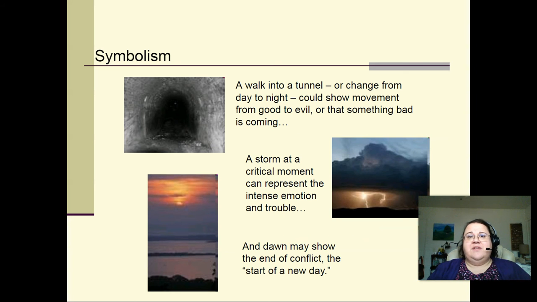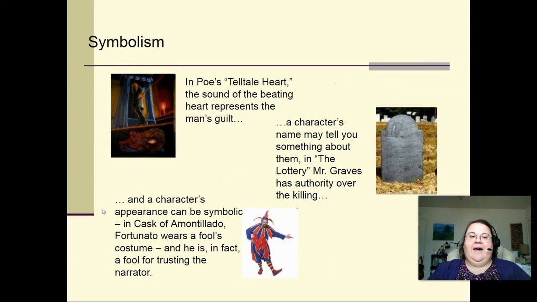Walking through tunnels and coming out from the dark into the light, of course, is rebirth and renewal. Storms can be anything from a destruction of the old and a repowering of the new to literally just setting a mood and meaning something ominous or bad. A dawn almost always is a rebirth or renewal. Of course, then we have the beating of the heart. In Poe's Tell-Tale Heart is, of course, guilt. In The Lottery, Mr. Graves is the authority over the killing. So literally,